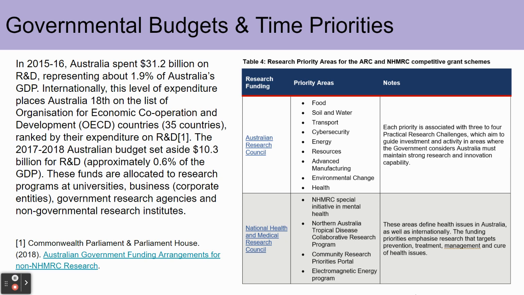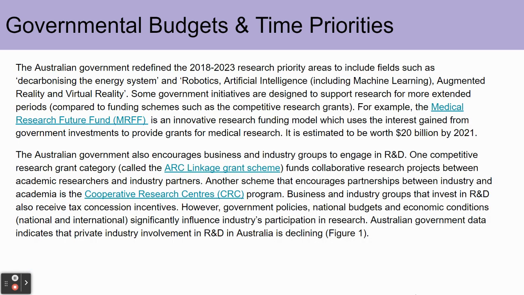And then we see the National Health and Medical Research Council also has different health issues that they look into. And we see here mental health is a specific one, electromagnetic energy, and they emphasize research that targets prevention, treatment, management, and cure of health diseases. So in the 2018 to 2023 research priority areas, there was a change in the research areas that the Australian government prioritised. So they looked into decarbonising the energy system and robotics, artificial intelligence, augmented reality, and virtual reality,